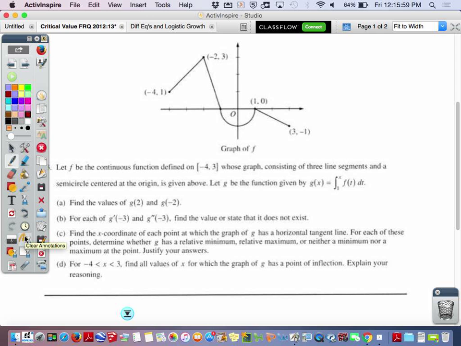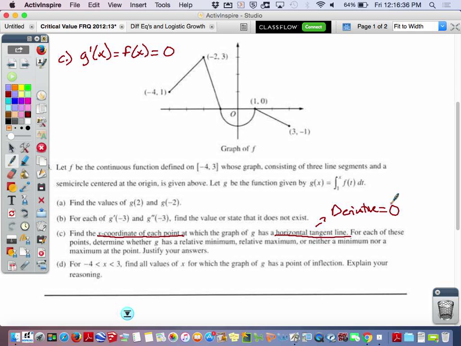Question C. Find the x-coordinate of each point at which the graph of G has a horizontal tangent line. For each of these points, determine whether G has a relative minimum, maximum, or neither. Justify your answers. Okay, so a horizontal tangent line would indicate, for part C, that G prime of x, which we know is equal to f of x, equals 0. It's a horizontal tangent line, that is always that the derivative